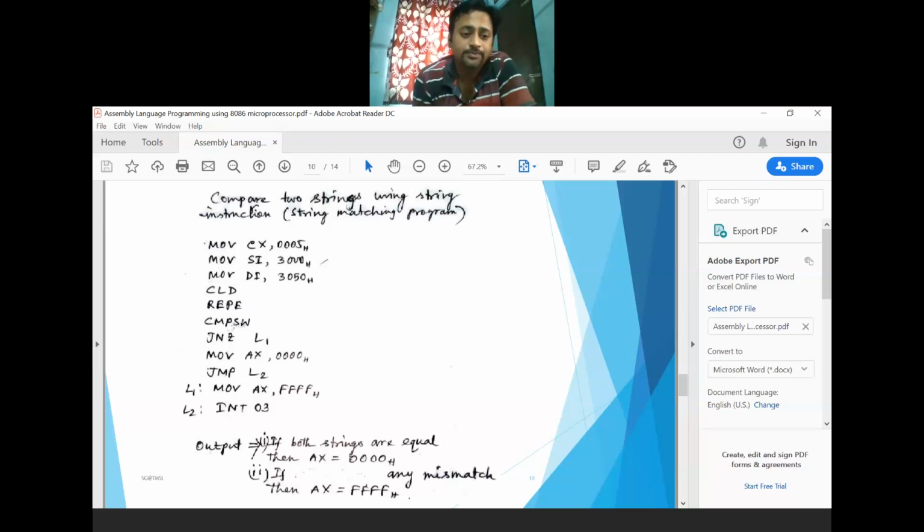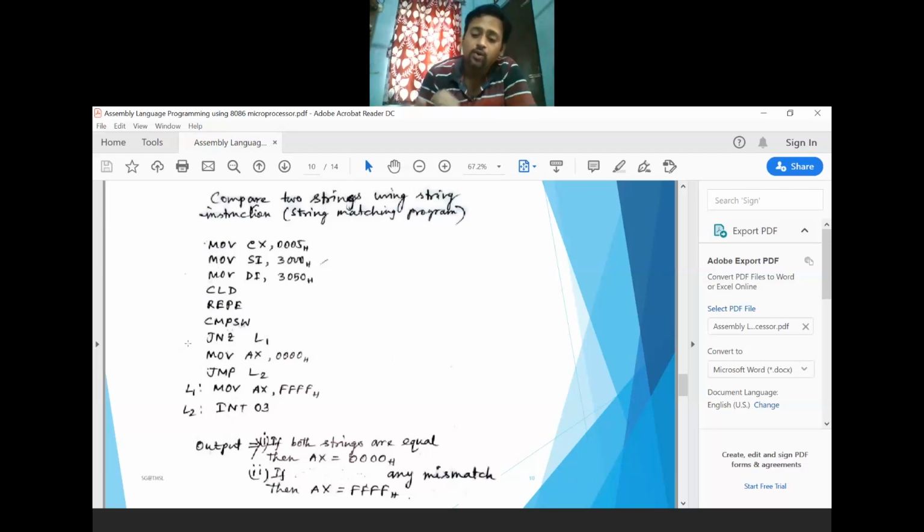So that's why repeat equal with the compare string word instruction is used, and if any mismatch has been found, then it just stops the program.